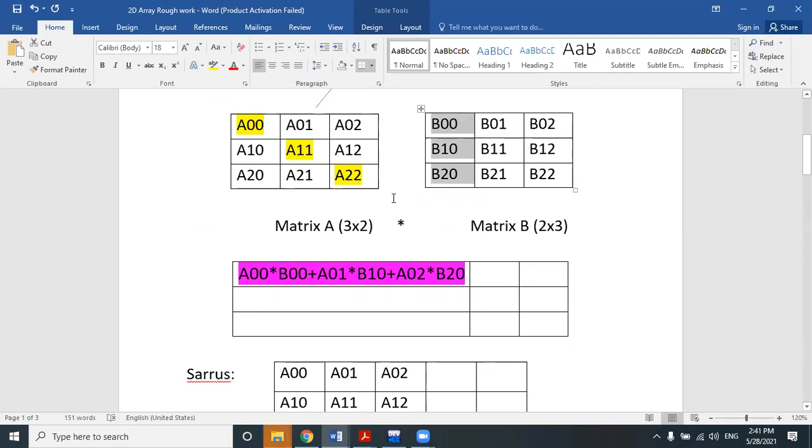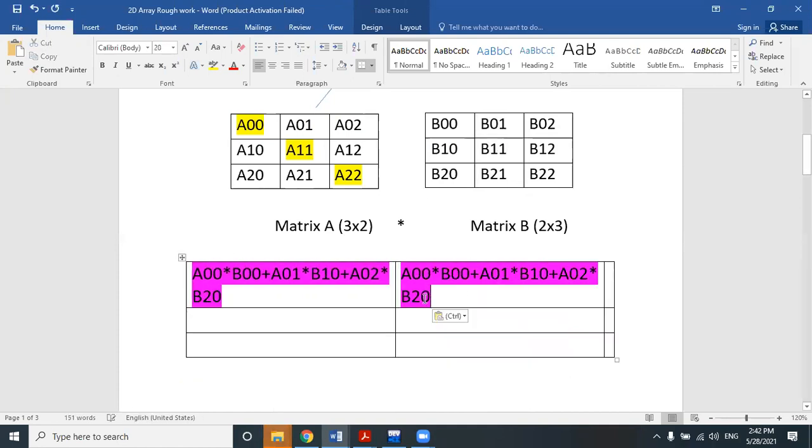So in this way, in the next cell, it will again multiply the row of the first matrix with the second column of the second matrix. So it should be like this: A00 into B01, A01 into B11, and A02 into B21.